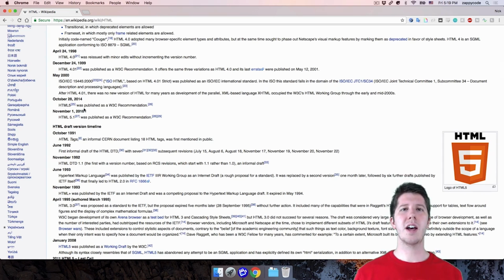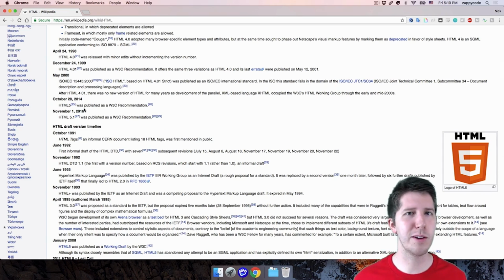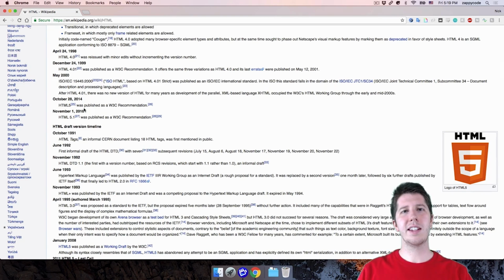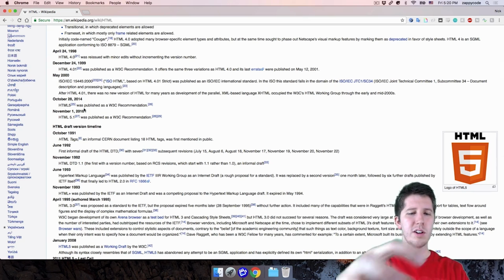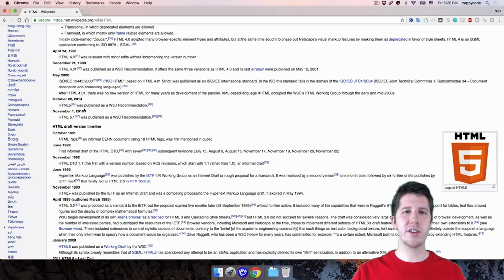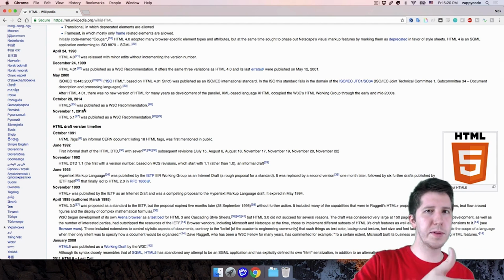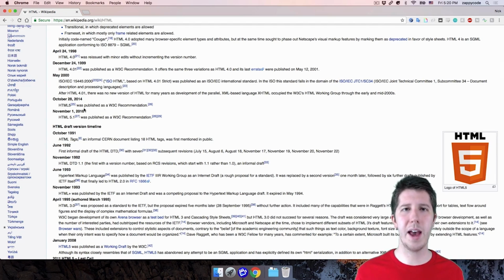Okay, so now I want to talk about what HTML is. You're probably still thinking, I really don't get what it is. It's basically this reference, and these rules saying, if you make a file that follows these certain things, a web browser should display it in this certain way. So it's kind of this contract between someone who wants to create a website and the browser that's going to display that page.